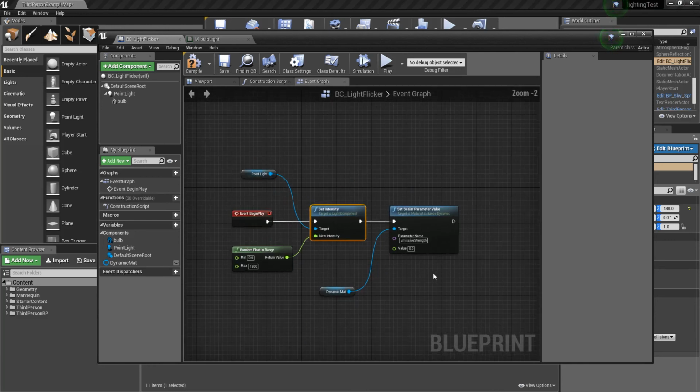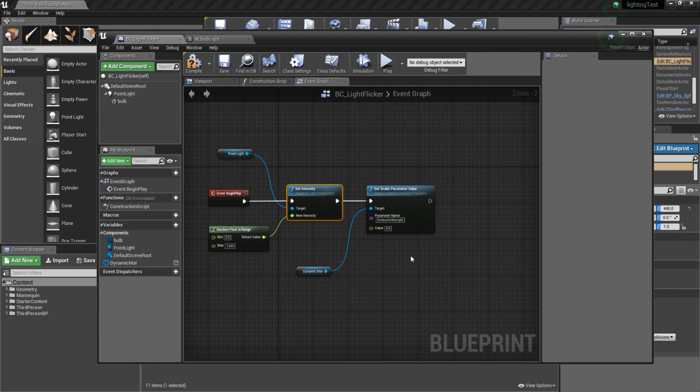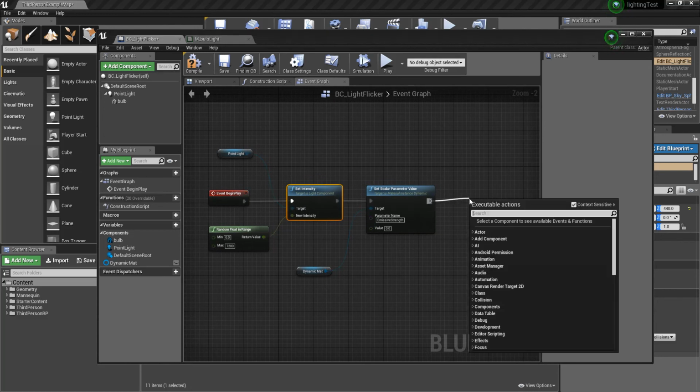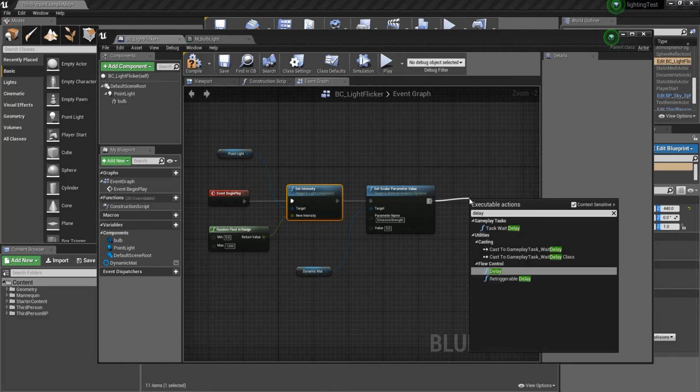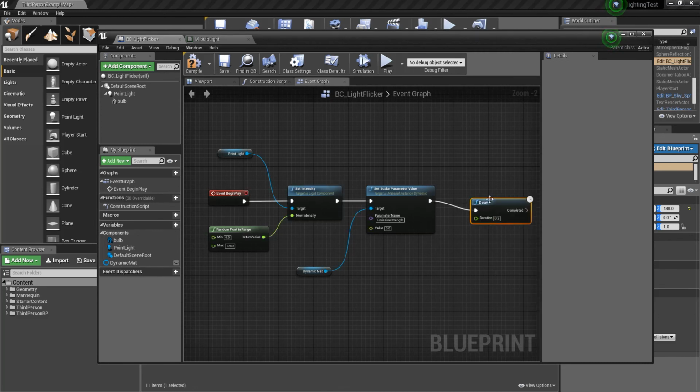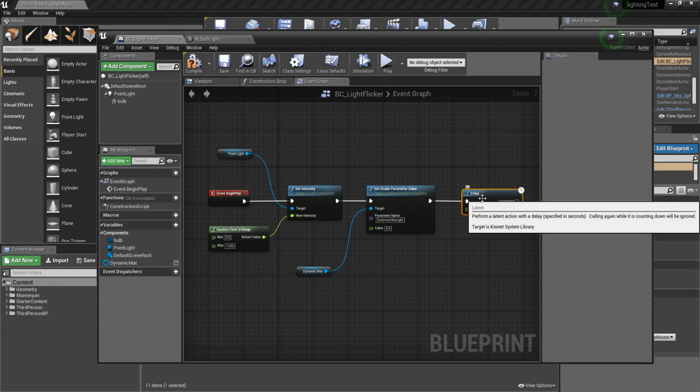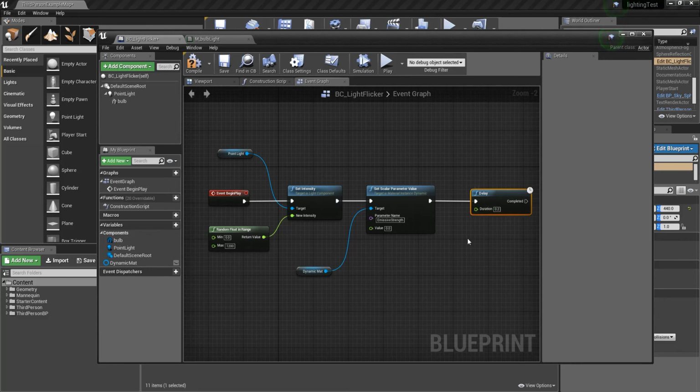Okay. So now we just need to make this repeat. So I'm going to add a delay onto this. It's going to delay by a certain amount, and then I'm going to cycle round again. So for the duration, rather than just having this one value, I'm going to put a random in here. So I could just take this one actually and